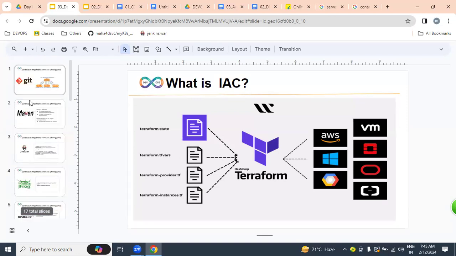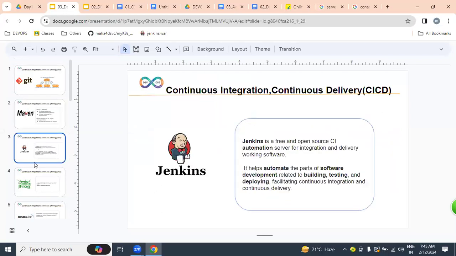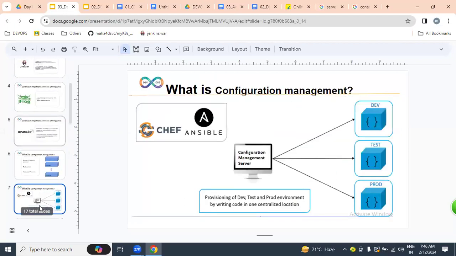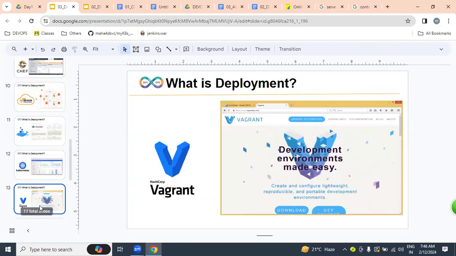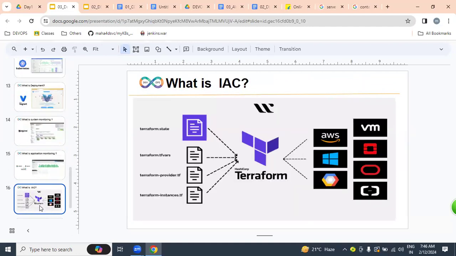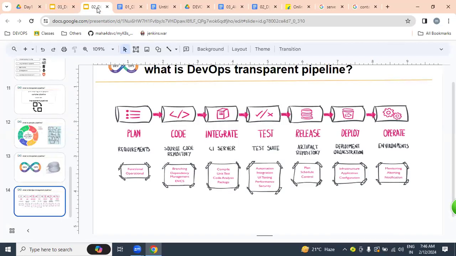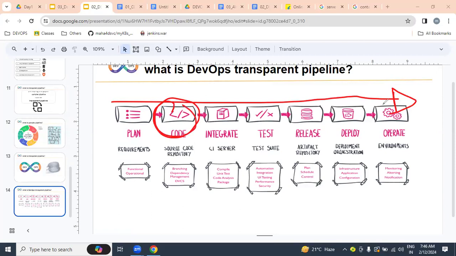So with the help of all these tools, Git, Maven, Jenkins, JFrog, SonarQube, Ansible, Chef, AWS, Docker, Kubernetes, Vagrant, Nagios, ELK, and Terraform, we can implement an automated DevOps transparent pipeline from dev environment to operations. While we implement this DevOps transparent pipeline,